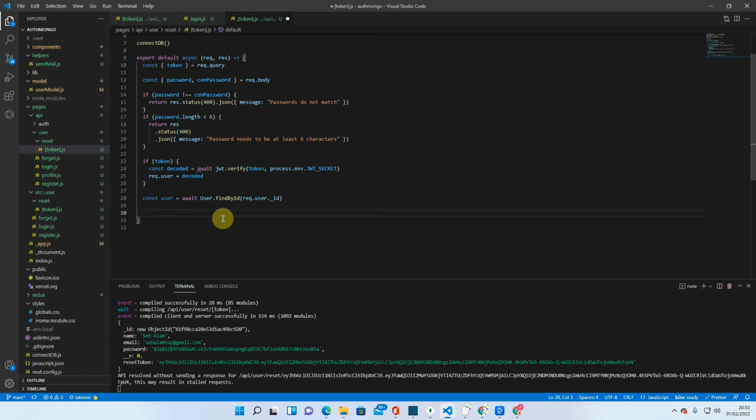So if there is a user, then what we want to do is we want to say const salt equals, so salt is like an algorithm, basically something that's going to scramble the password. bcrypt.genSalt 10,